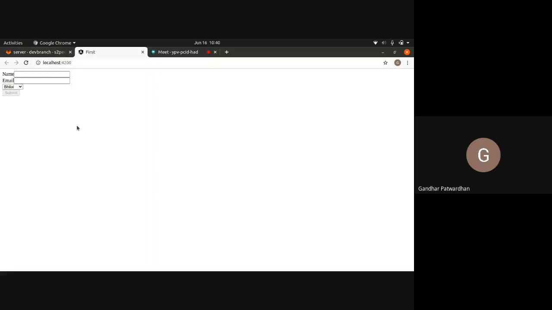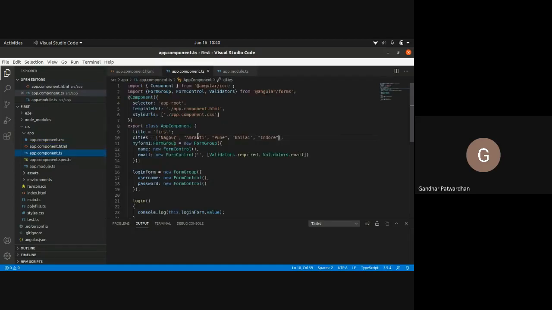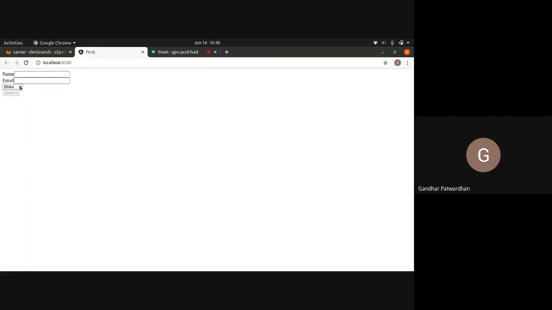Is it clear as of now? What did we do? We had an array of cities. This is a simple array of strings, and each string corresponds to a city. This is not a JSON array, it is a normal string array. So I used a select, inside select I used option, and in that option I used ng-for, and I said let C of cities. So this is iterating, and I just had the value C. What I got here in the drop down is all the cities we have in this cities array.